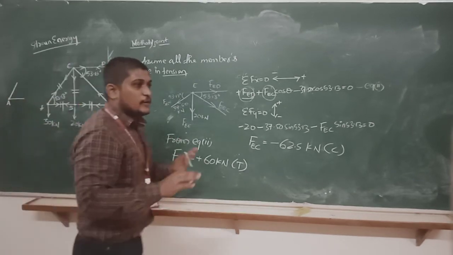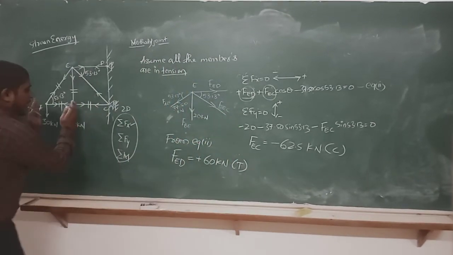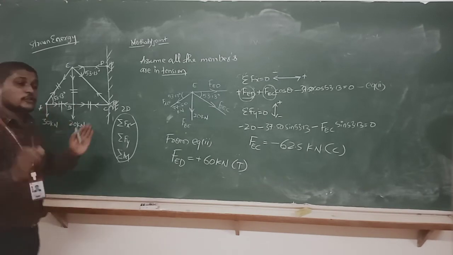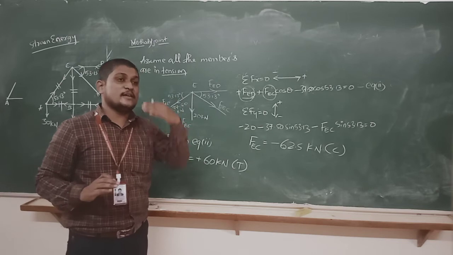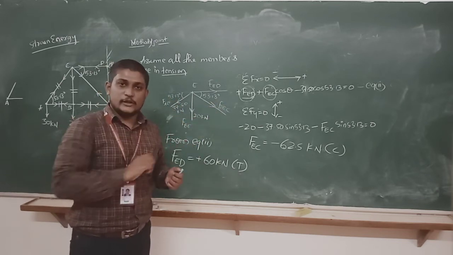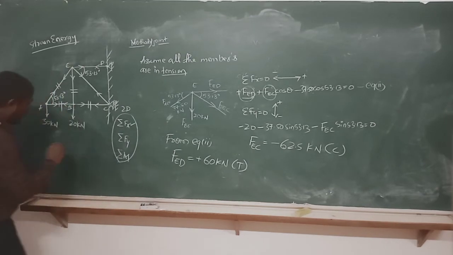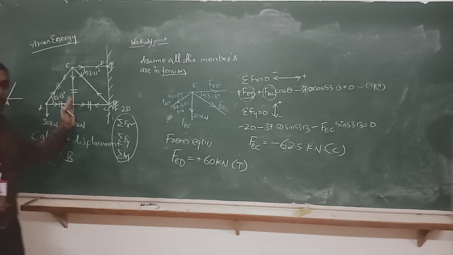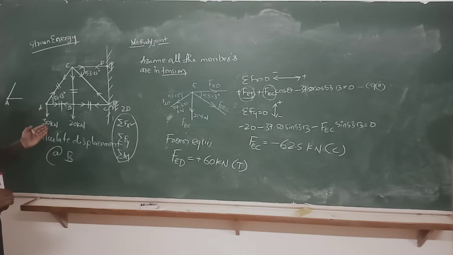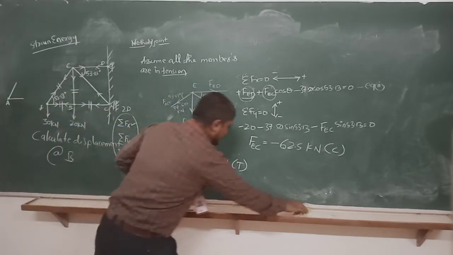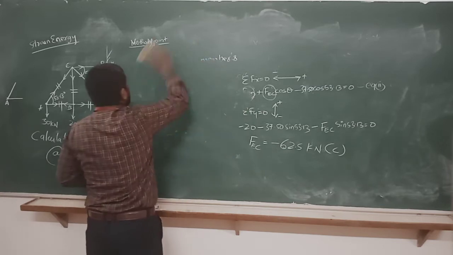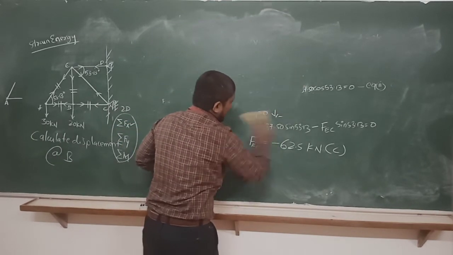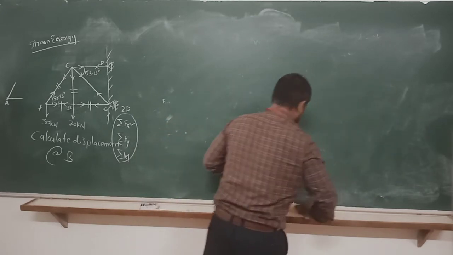Now we have calculated all the member forces because of the actual loads acting on the structure. Also we have calculated the member forces by assuming the virtual force, that is an imaginary force of 1 kilonewton acting at point B, because in the problem they have told you to calculate the displacement at B. So only my imaginary force I have applied. If they would have asked at A, then I would have applied my imaginary force at A. So what is the next step? Keep the equation in mind so that the table I am making will be easy for you to understand.